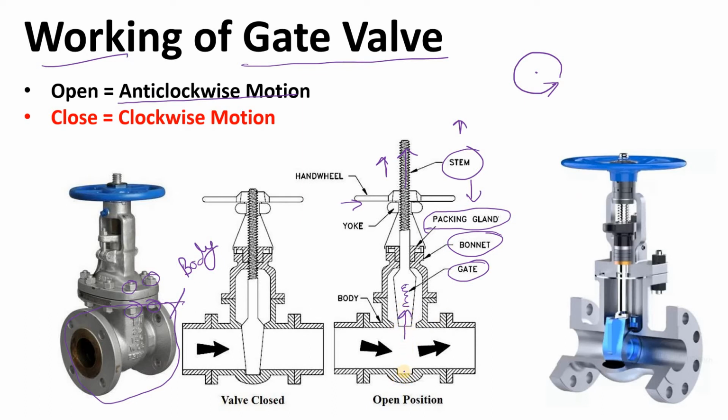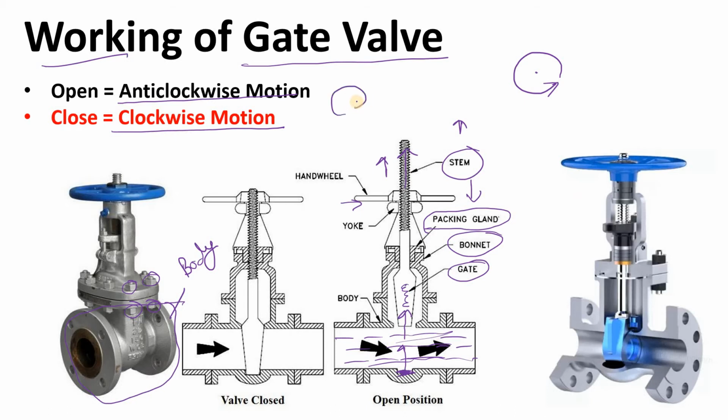Okay, you can also say that this gate will go away from the seat. There is a seat, and at this seat this gate is placed, right? So when you apply the anti-clockwise motion, it will go upward and your fluid will flow from here. But when you apply the clockwise motion,